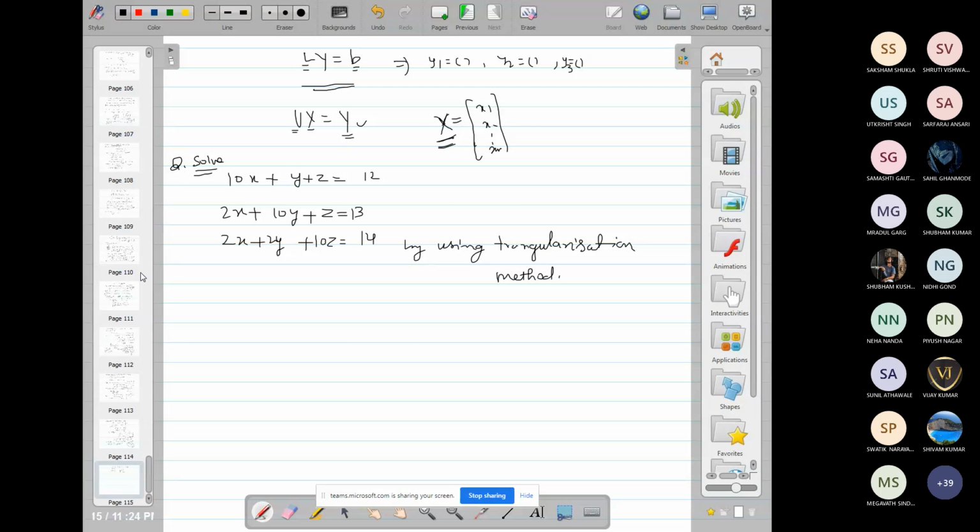To solve this, first check whether the coefficient matrix is positive definite or not. You see here the coefficient matrix A is 10, 1, 1, 2, 10, 1 and 2, 2, 10. The principal minors are